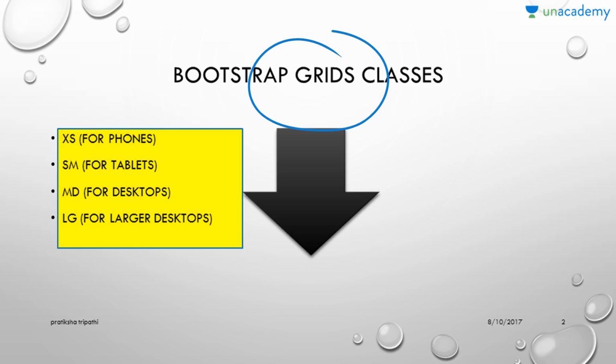What are grids? Grids are nothing but the way a particular web page is displayed on a screen. For example, compare a web page on a laptop and on a mobile phone. The screen size is different, but your web page looks the same as it looks on your laptop. Although the size is different, the web page opens in the same way and will have all the information in the same way. How does it happen? It happens because of Bootstrap grids.